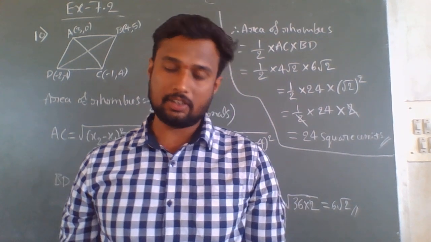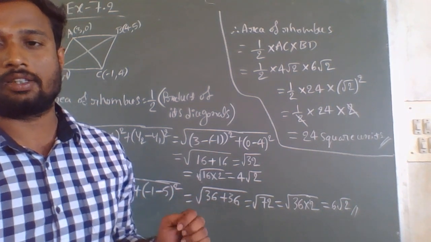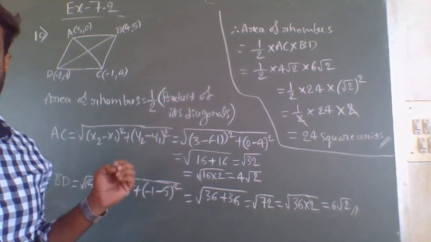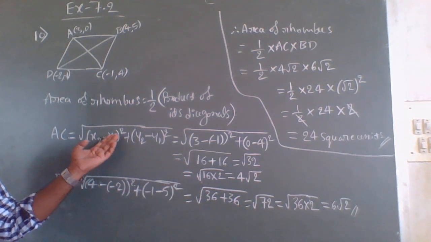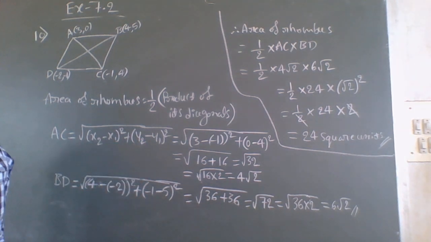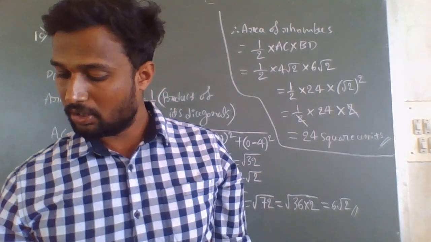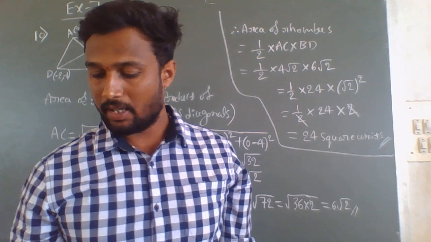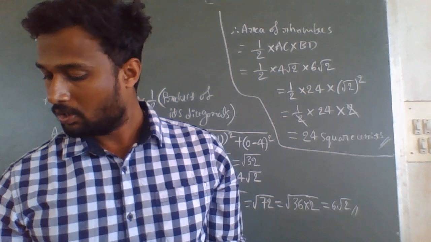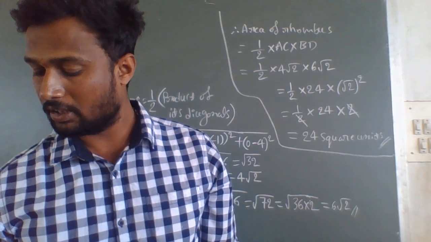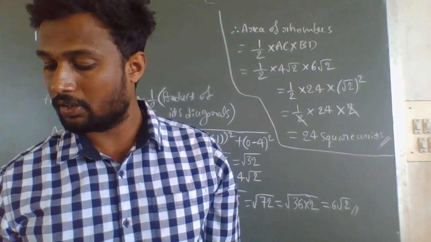This is one of the easiest chapters in your syllabus, I think, because there are only 2 to 3 formulas. The first chapter is completely based on the distance formula, x2 minus x1 whole square plus y2 minus y1 whole square, and in the next, in 7.2, the formula we used is the section formula. There are only 2 derivations, section formula and distance formula. So I feel this is one of the easiest chapters in your syllabus.